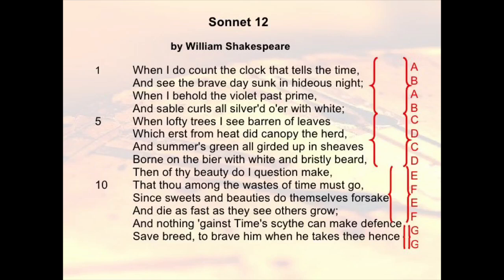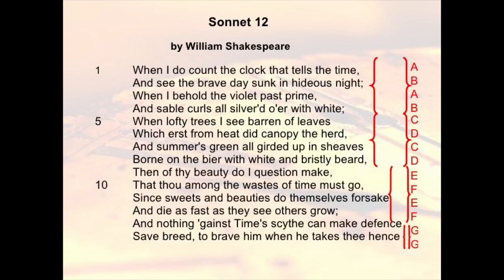So he gives all these different metaphors about time passing, about days ending, about flowers dying, all of that. And there's the volta, the turn. "Then of thy beauty do I question make, that thou among the wastes of time must go." So now he's considering not only how everything tends from life to death, how every day must end,